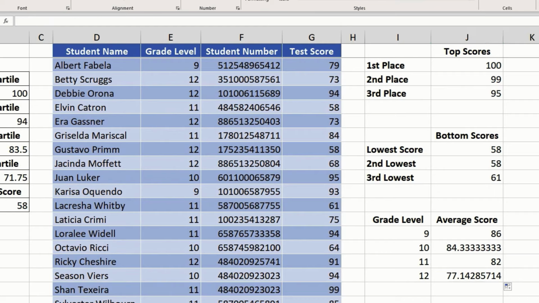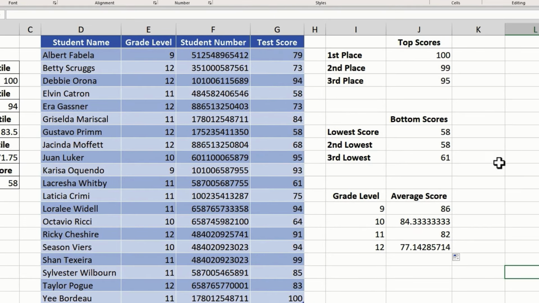So what a great way to quickly search a range and then pull out the exact information that I want averaged based on a criteria. Now there's a reason it's called AVERAGEIFS with an S at the end, and that's because you can actually do more than one criteria in the formula.